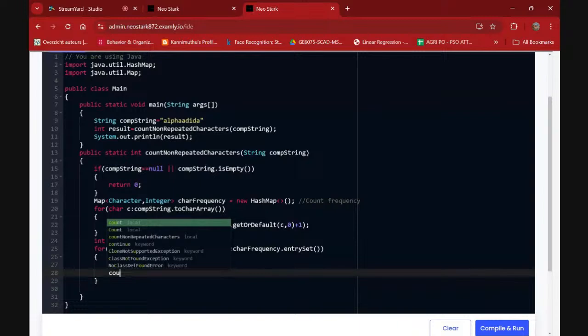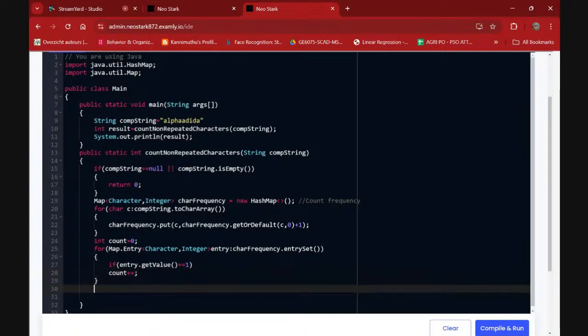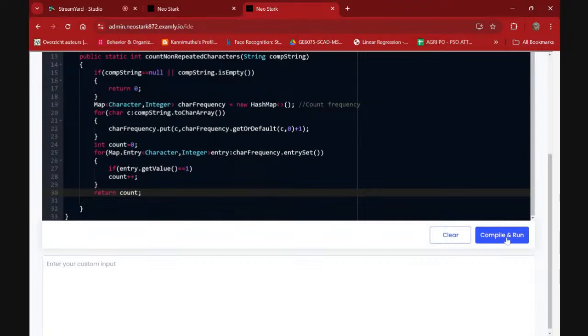After that I am incrementing the count. Why do I increment the count? Because I have to display only the consolidated number of unique characters. So I will increment the count and return the count. I hope this should work.